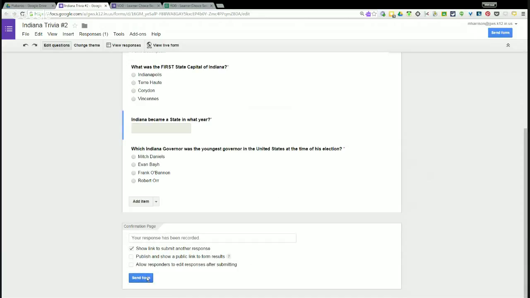When I send the form, there's a couple of options for sending it. You can email it to people as an attachment. What I generally do is get the link and then copy it and paste it into an email to everyone so that we know what to click on to get to it. So there's a couple of options for sharing it. If you want to preview the form, there is an option up here. And again, this is in the old version. If we view the live form,